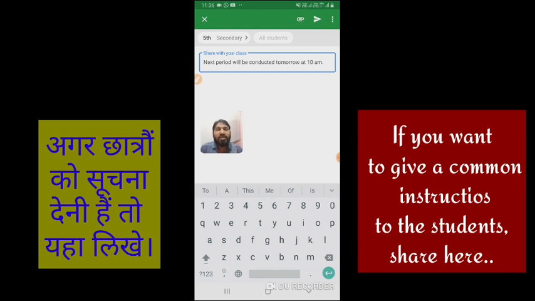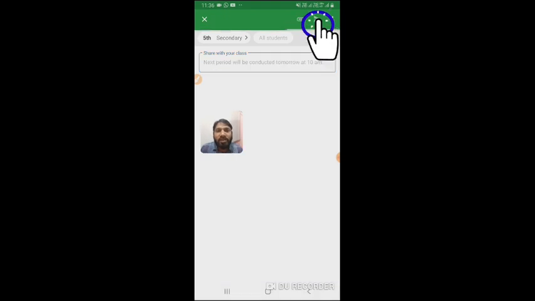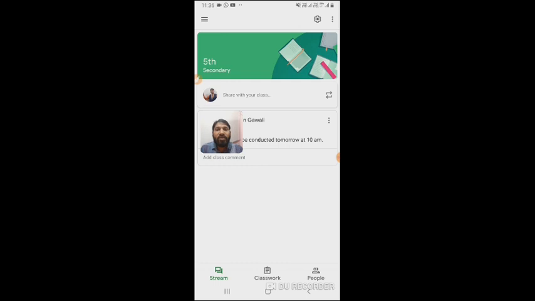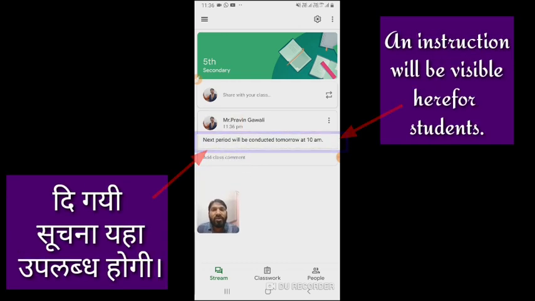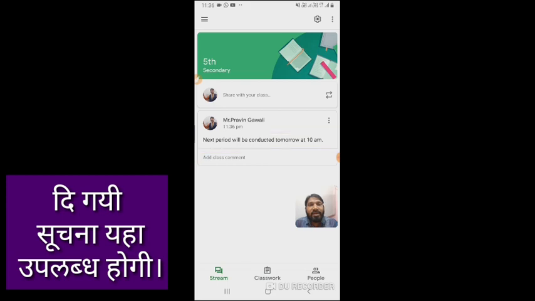If you want to give such an instruction to the students, you have to write it and then click on the arrow, that is the send option. Then this instruction will go to the classroom and to all the students who have joined with the help of that generated ID. Okay, I would like to tell you where we can see the generated ID.